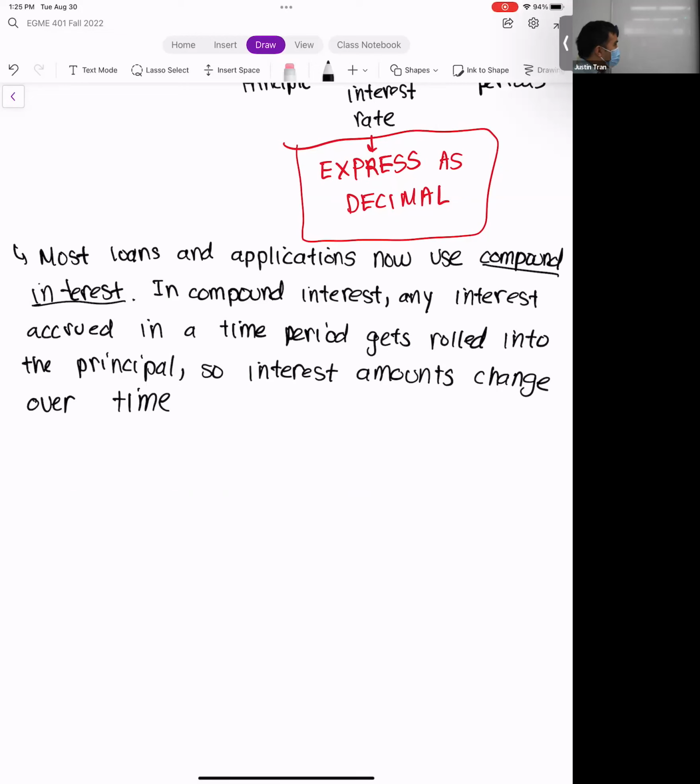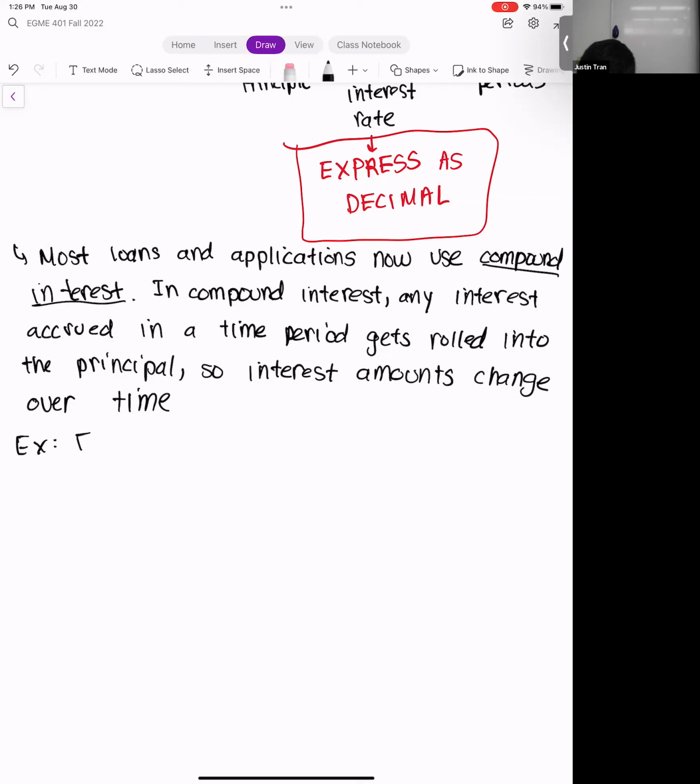But if you're talking about a long-term loan where you pay this off in multiple payments, this actually helps the person borrowing the money. And we'll talk about that when we get to recurring payments later today. Okay. And so just to illustrate this idea, I think it's best to view it through an example. Let's do the same example we did before, but instead of simple interest, we're going to do compound interest.